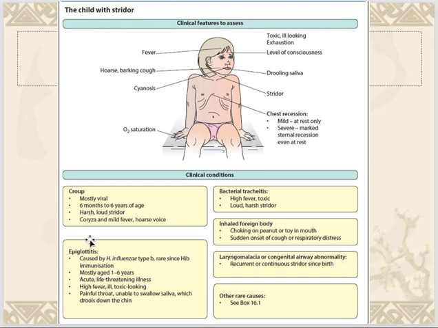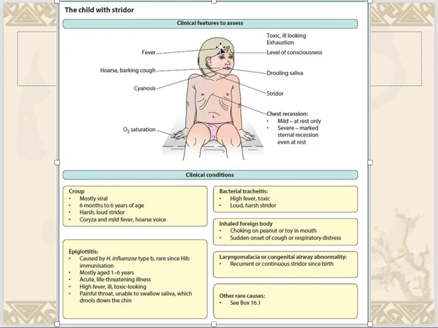So most of the time you will find it in children who don't get vaccinated. Why? Because nowadays we give vaccinations against Haemophilus influenzae type B. So that's why the incidence is decreasing in children. Okay. Now, if you know H influenza, here is the gram-positive organism as well. A toxic looking baby,